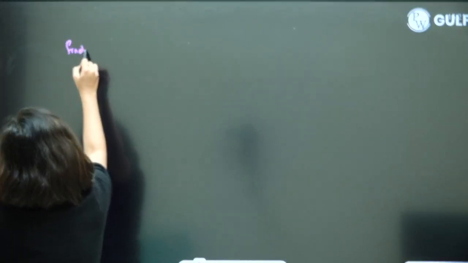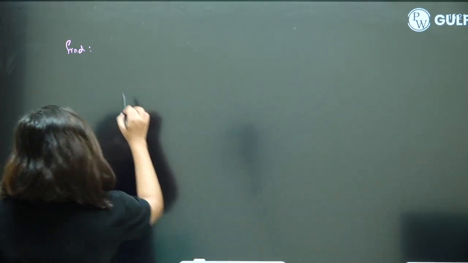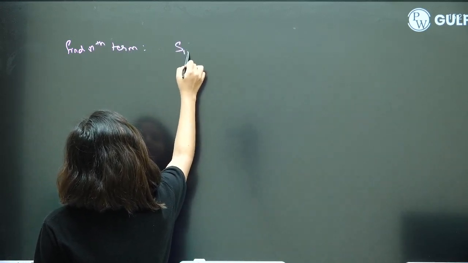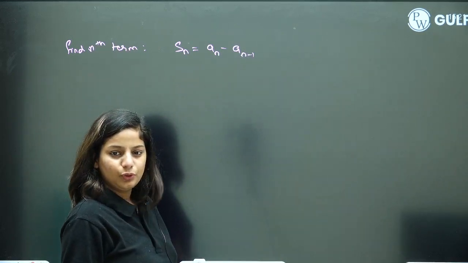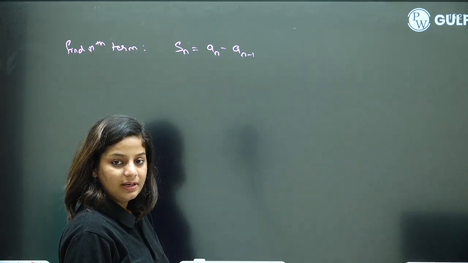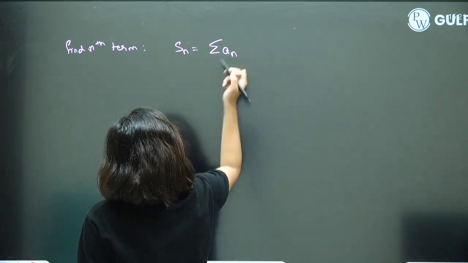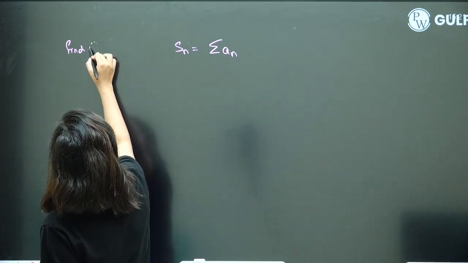Like they will give you a particular sequence and they'll ask you find nth term. And we just saw nth term is given by Sn is equal to an minus, or Sn is equal to,